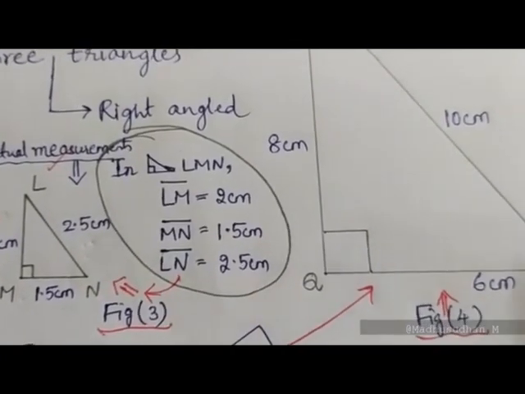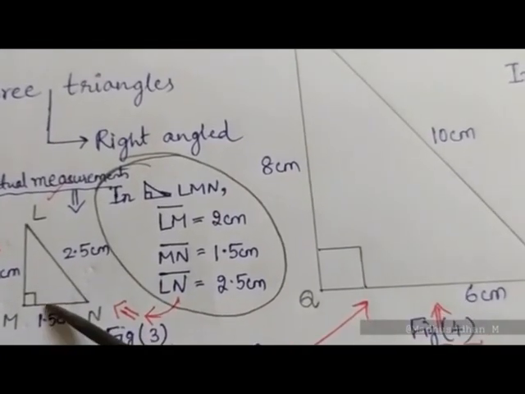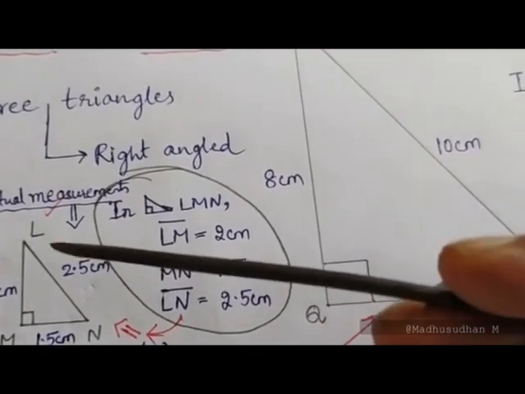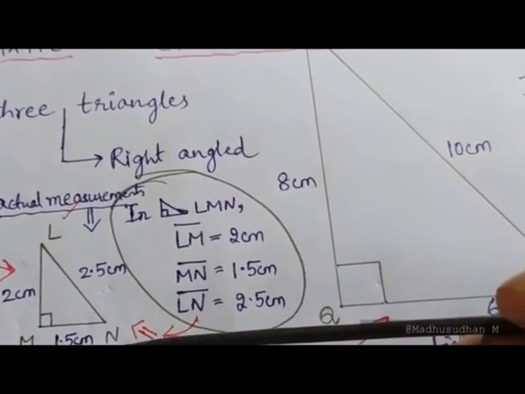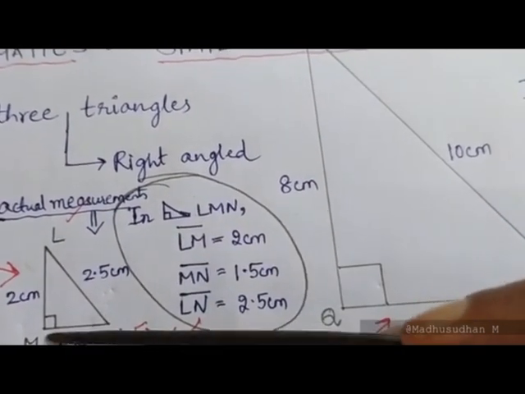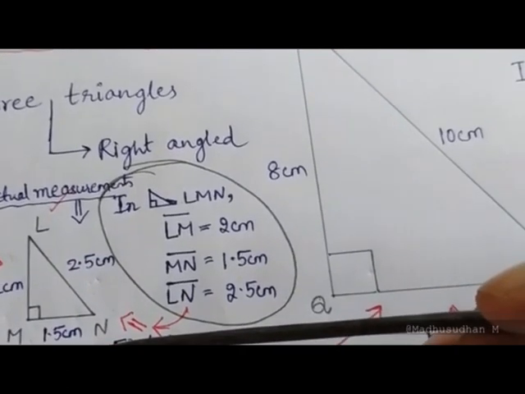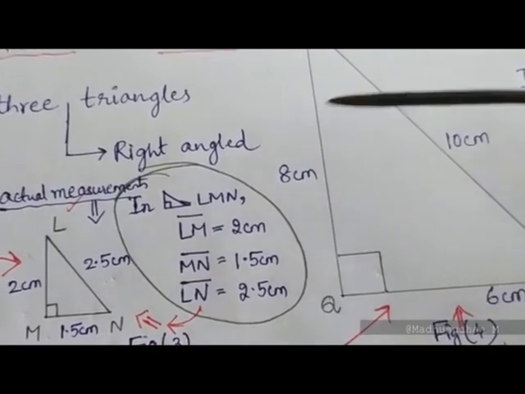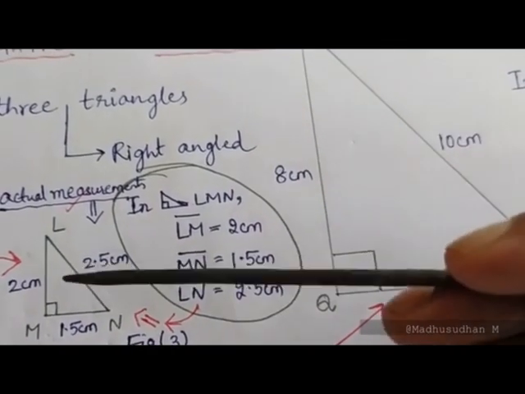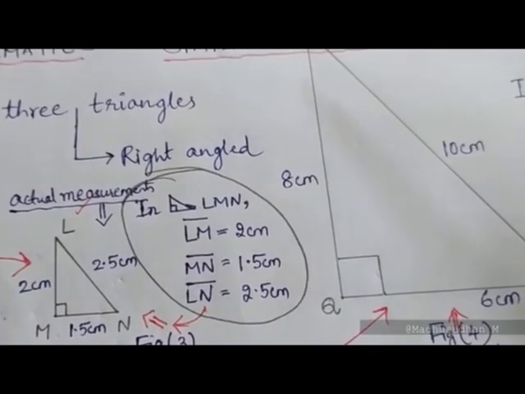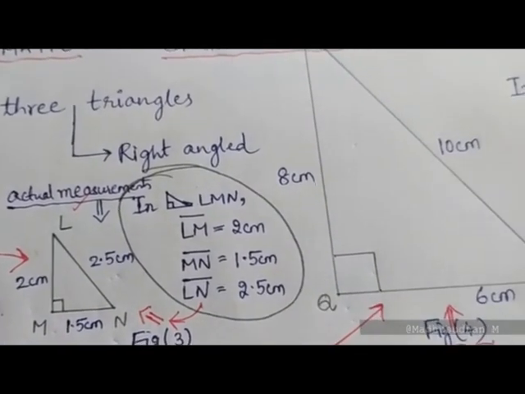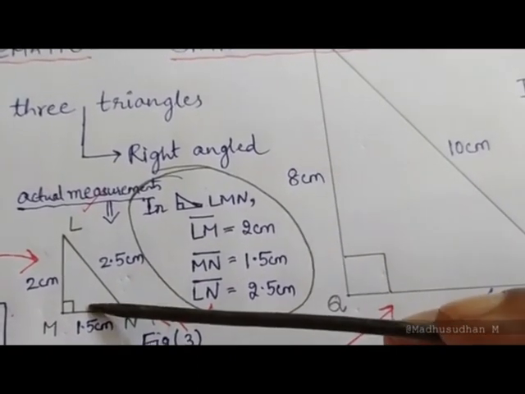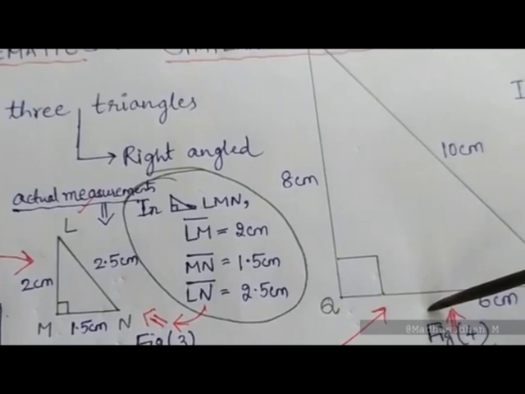Now, if I compare figure 3 and figure 4 here, you have the same 90 degrees angle here. Here also we have the same 90 degrees angle. So I can say that L, M, N, moving from L to M, then from M to N, correspondingly or respectively, L to M to N, here from P to Q and from Q to R. So PQR is again equal to 90 degrees. LMN is equal to PQR.